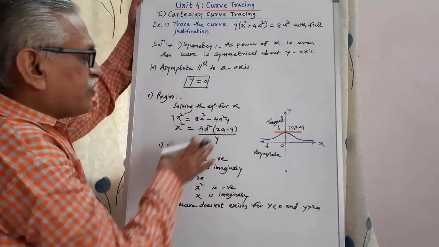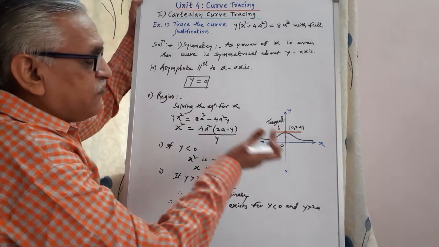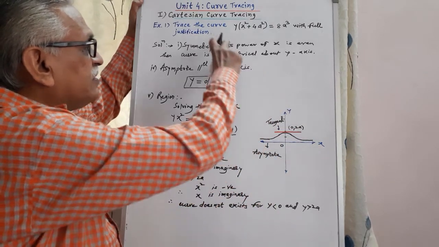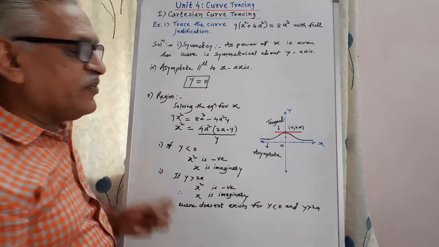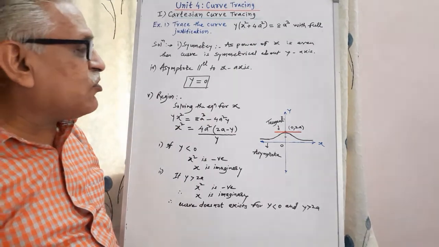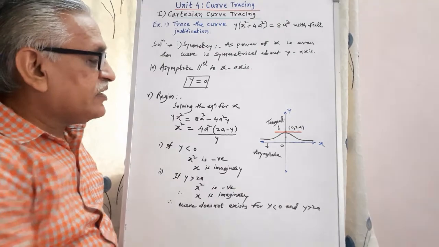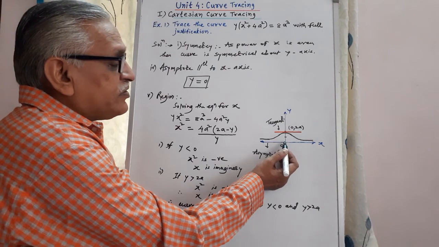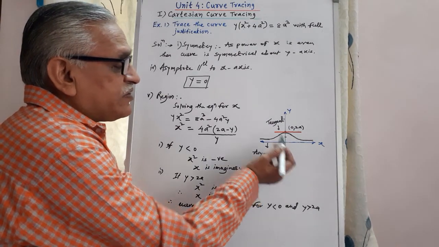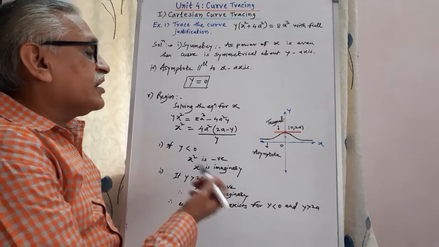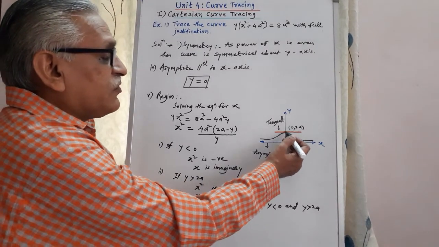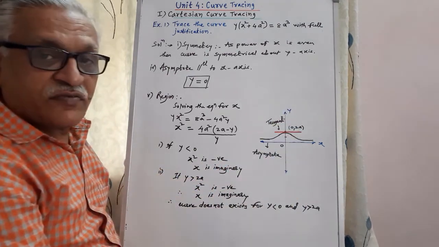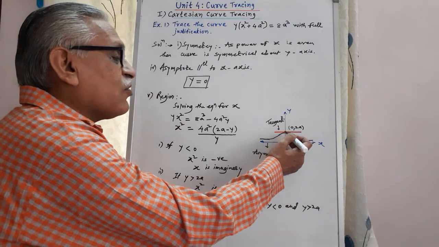And therefore whatever the 5 points I have discussed, I have reflected it in this figure, and this figure is the tracing of this curve, which covers only the important points. What are those important points? First one is the symmetry. Here the curve is symmetrical about y-axis. Second point, whether the curve passes through origin or not. Here the curve is not passing through origin. Then third, point of intersection. Here we get the point of intersection as 0 to a on y-axis, and as a single point of contact,